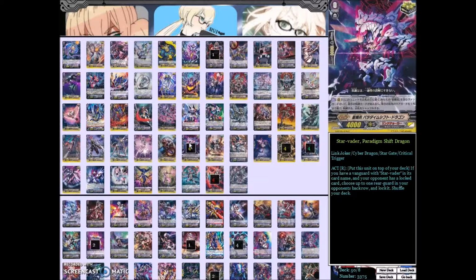The thing about this is your main Vanguard, if you use its skill, you can lock a card whenever you want on your turn, of course, as long as you're not in the battle phase. So that being said, Paradigm Shift Dragon really works well with Venom Dancer, who I will explain in a bit, but I really do recommend having this one and not just vanillas,